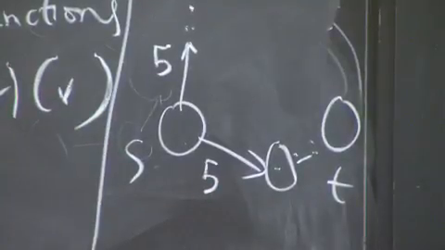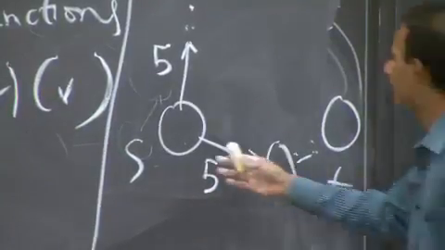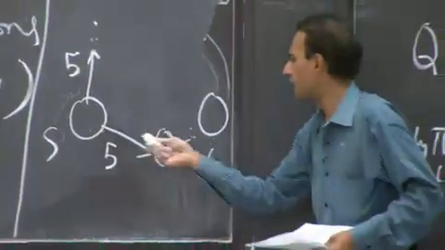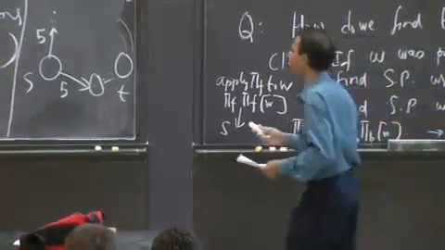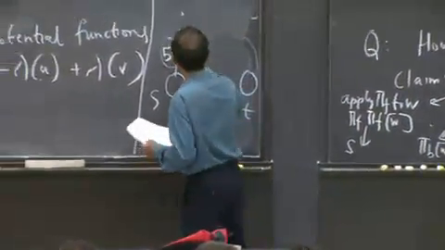Is there a way that you can guess that this is the edge that is more likely to be on your shortest path as opposed to this other edge,